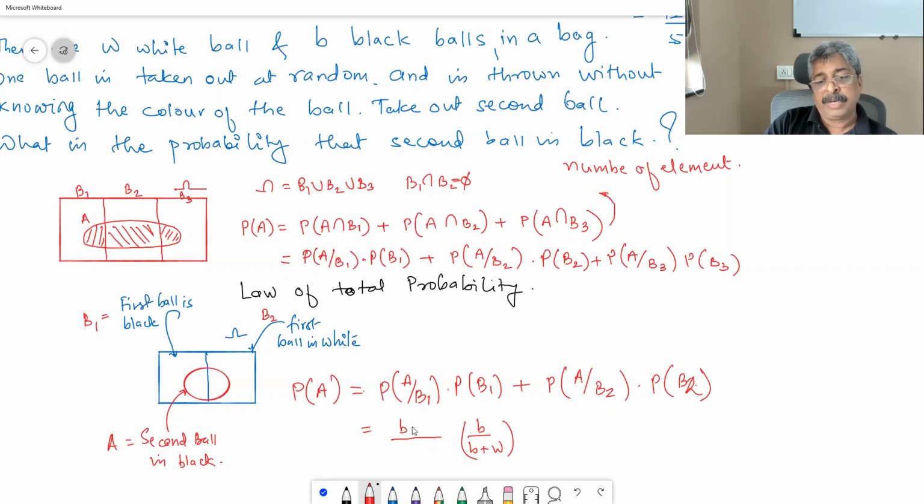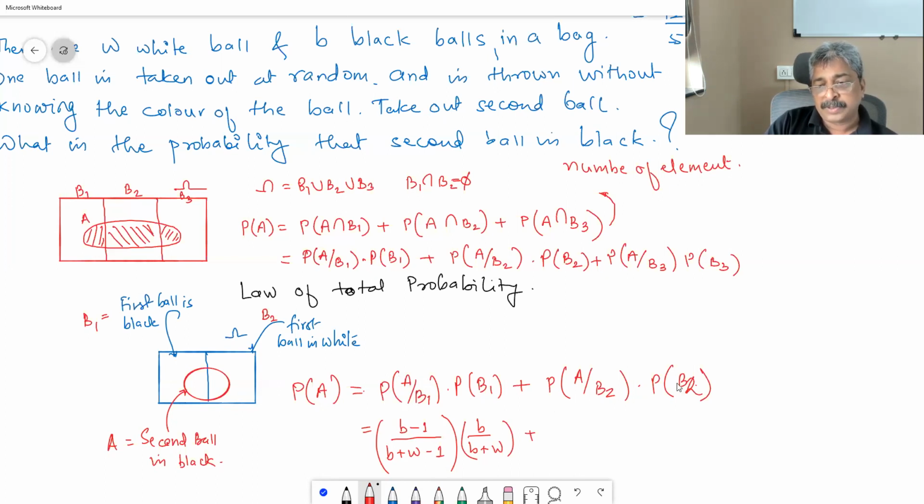So out of the black balls, the first ball is black, which is thrown out, and this is what I am calculating. Second ball is black. How many balls were remaining? B plus W minus 1. Correct? This is for the first term, plus